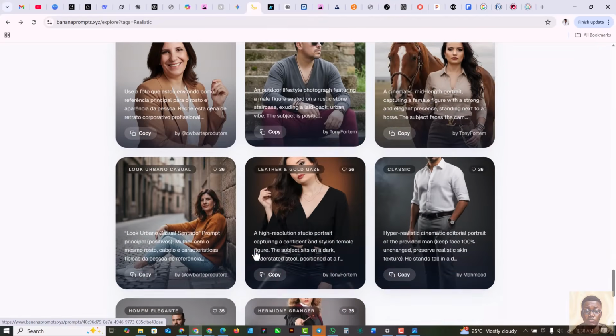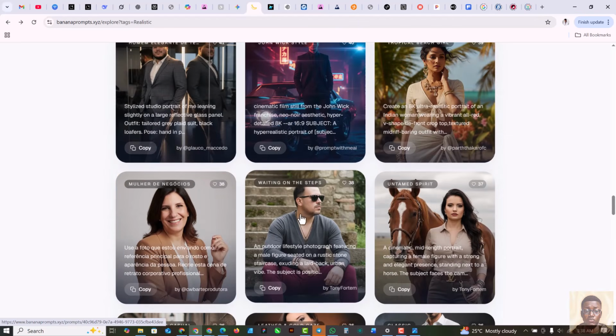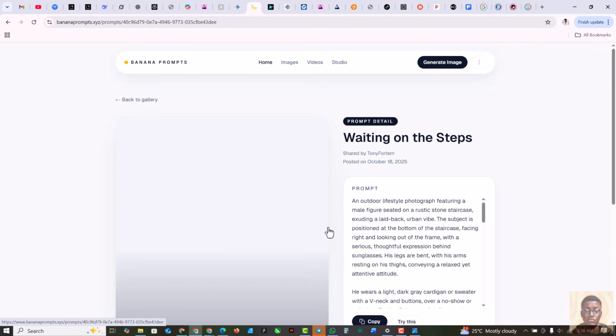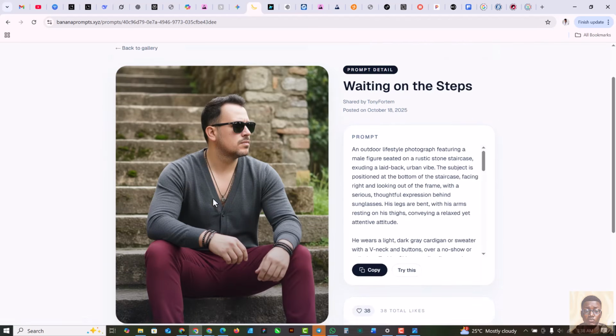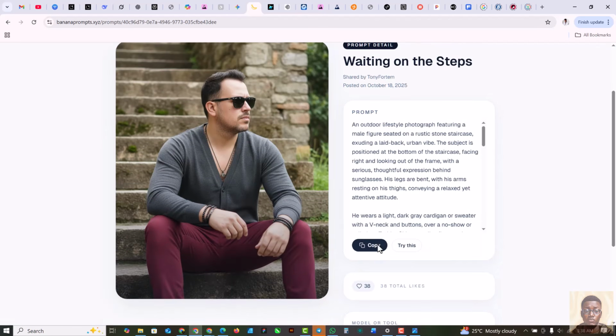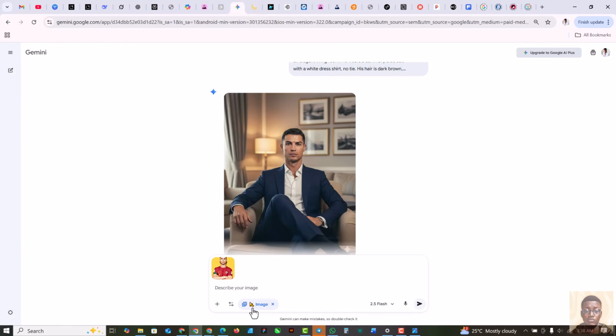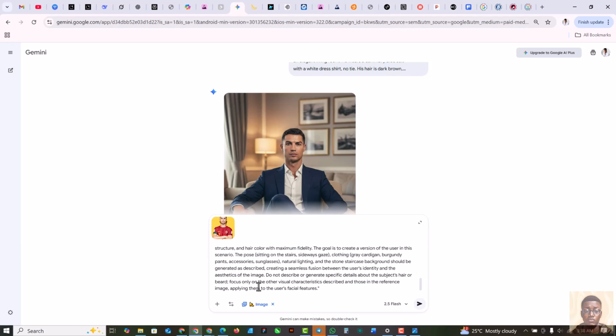You can see that the prompt on this site is not 100% accurate in terms of positioning. I think I like this, right? I'm just going to copy this and head on here. And of course, this is still active, create images, right? I just check that. Of course, you see the icon there, that's images. So paste the prompt there,